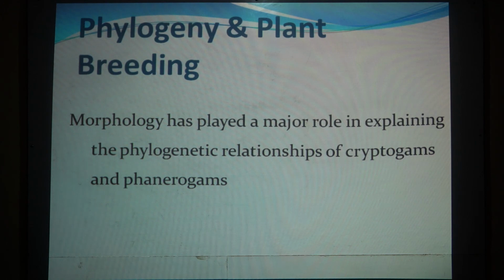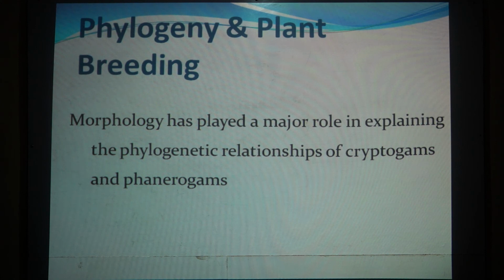Next we will see the importance of morphology in plant breeding. Plant breeding and hybridization are of great importance in crop improvement. Thousands of high yielding and disease resistant hybrid varieties in pulses, cereals, millets, oilseed plants, fiber plants, floriculture, fruits, horticulture and vegetables are the gift of plant breeding technology, and in fact this branch is the basis of the green revolution in India. The selection of male and female parents is the first and foremost step in breeding, which is based on their important morphological features.